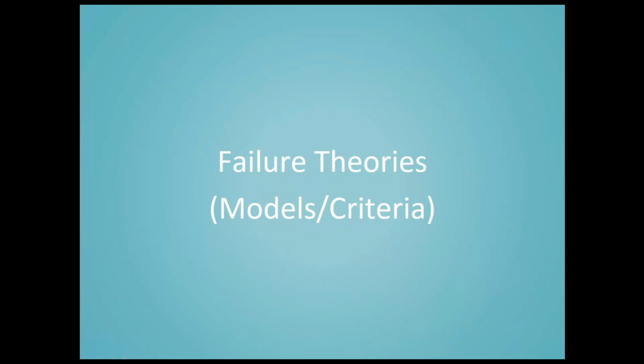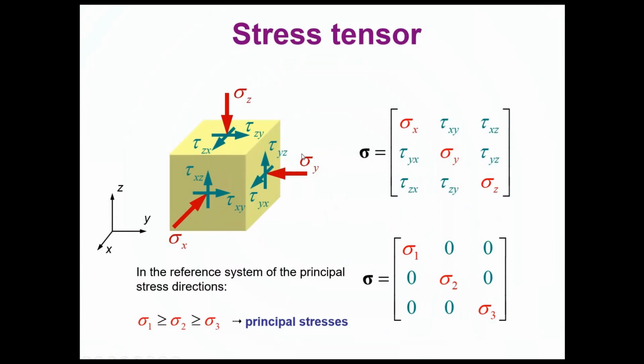So the next step in this video should be the failure theories and the connection with the plastic theory. But in order to be sure that you understand what I'm talking about, I wanted to refresh a little bit